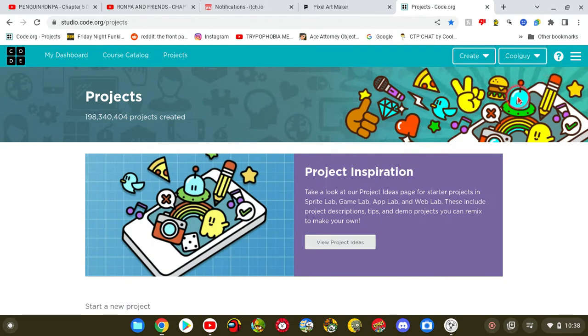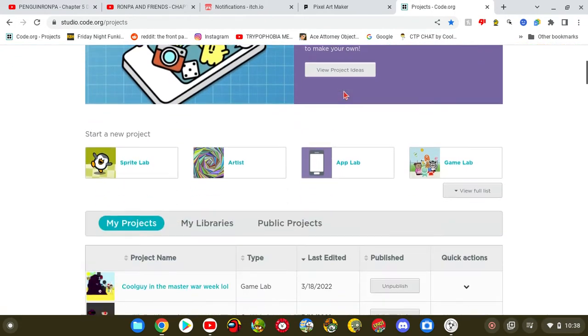But you'd first want to make an account. I'd recommend pressing sign in with Google, so you can just use a Google account. That's the easiest way to do it. Once that's all set up, you'd want to press projects. And now you're at the projects. Usually you'd have nothing here,